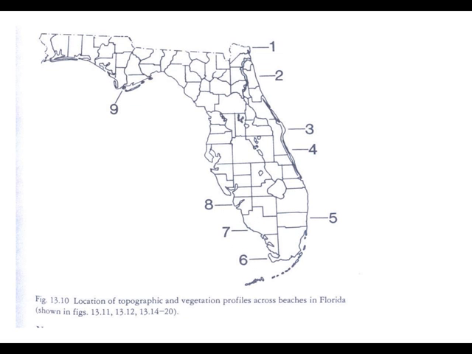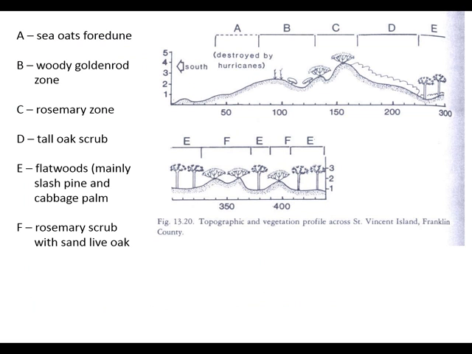So here we go. This is the profile at St. Vincent, looking south. This would be the Gulf out here. This area that used to be the foredunes has been largely flattened by hurricanes. Then you get into a region dominated by woody goldenrod, a rosemary zone behind that, a tall oak scrub behind that,